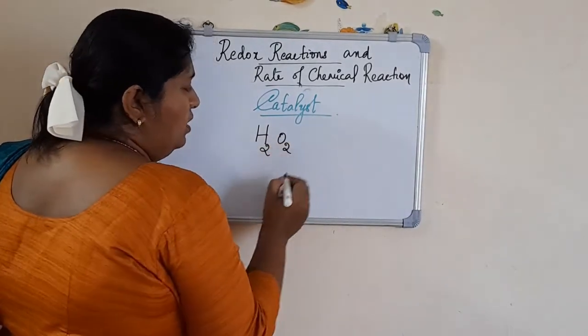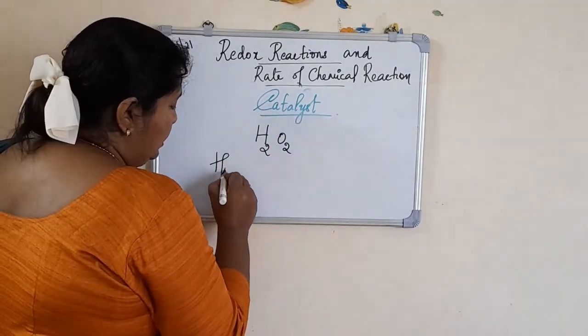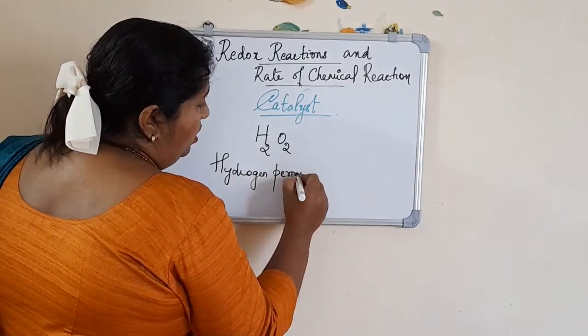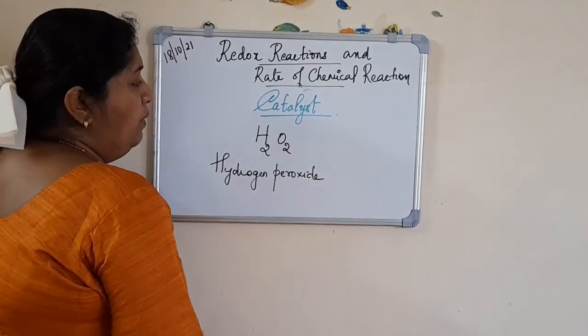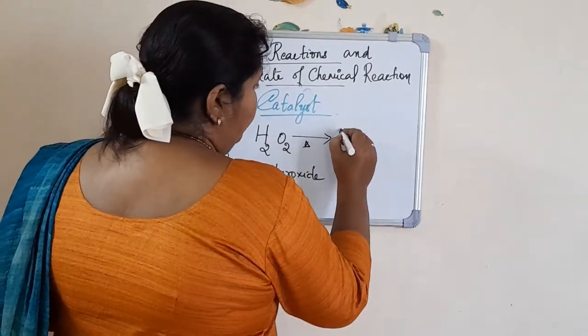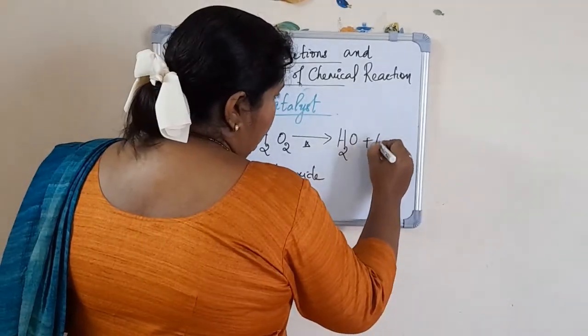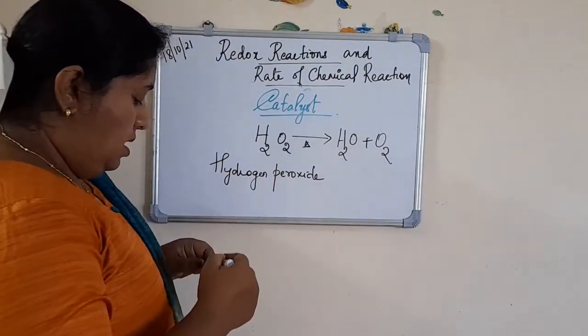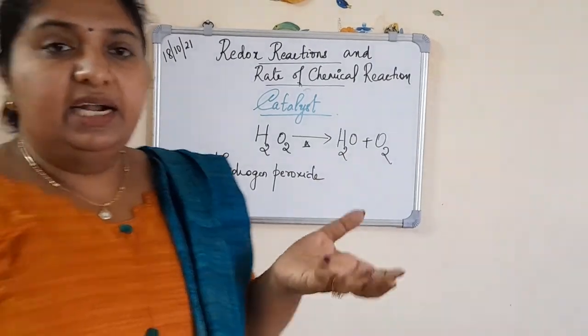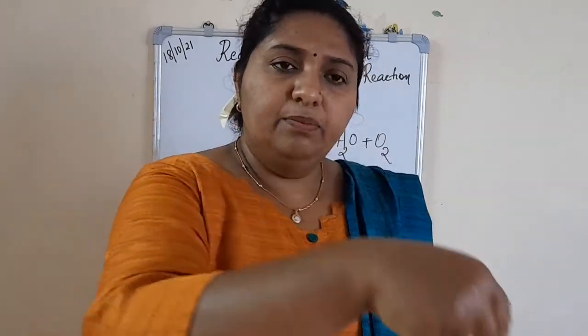H2O2. Do you know what this H2O2 is? It is hydrogen peroxide. Okay, it's not water, it's hydrogen peroxide. When I am heating this hydrogen peroxide, it decomposes to form H2O plus O2. This is the reaction when hydrogen peroxide is heated. So I am taking a test tube, putting some hydrogen peroxide into it, and heating it. Then I am taking a burning incense stick and putting it at the mouth of the